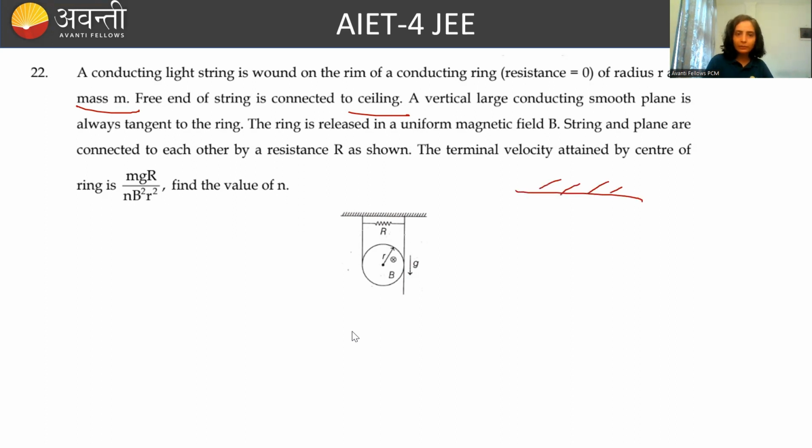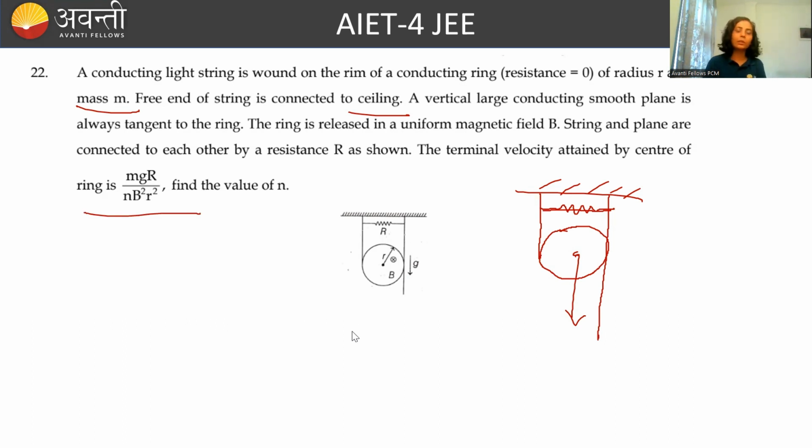It means there is a ceiling like this and a smooth vertical wall like this. There is a string, and through the string there is a ring like this. And this string is connected to the wall through a wire containing resistance R. And the ring is coming down. This is the question. Now, the terminal velocity attained by the center of the ring is how much? Suppose its terminal velocity is